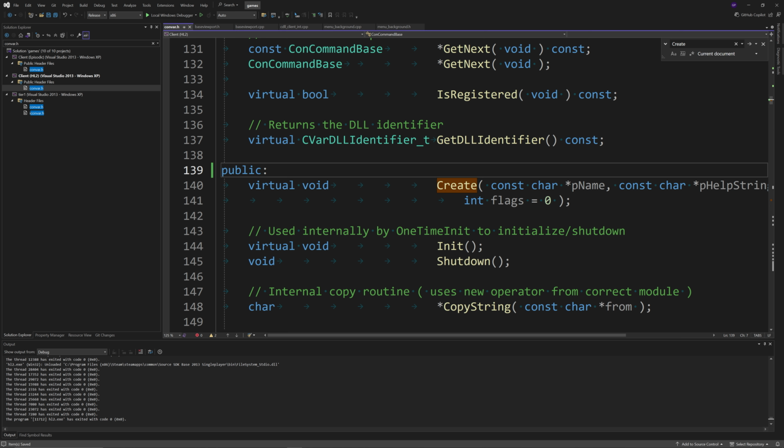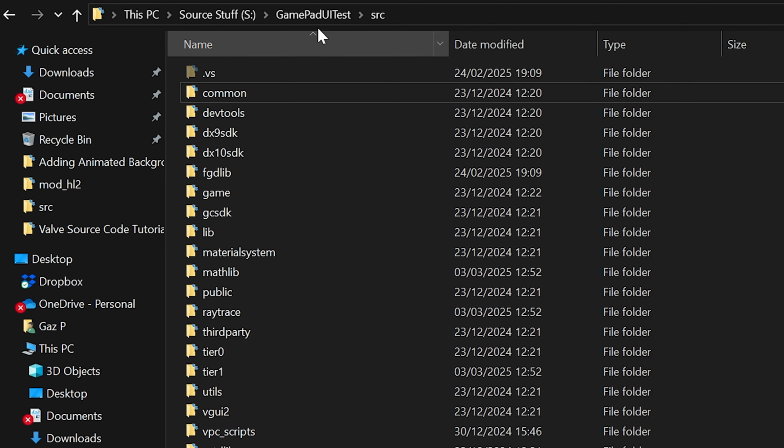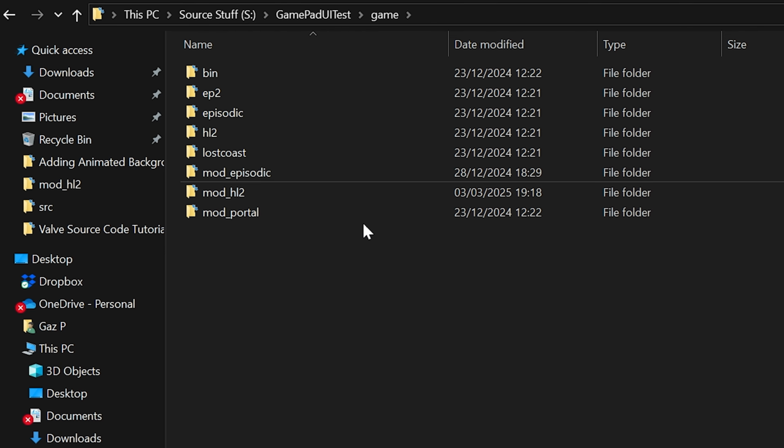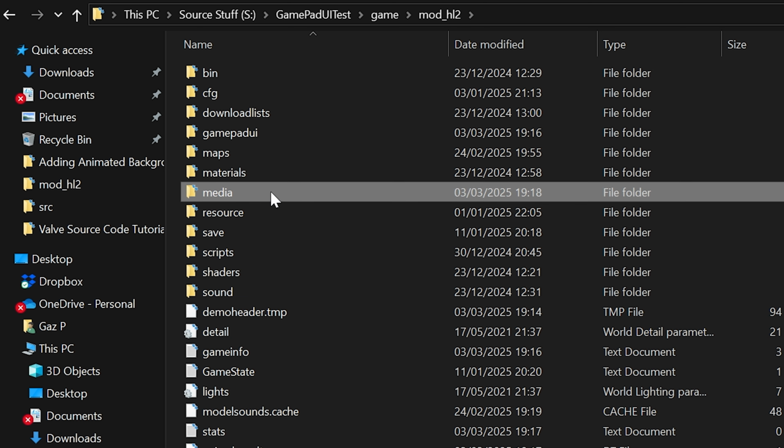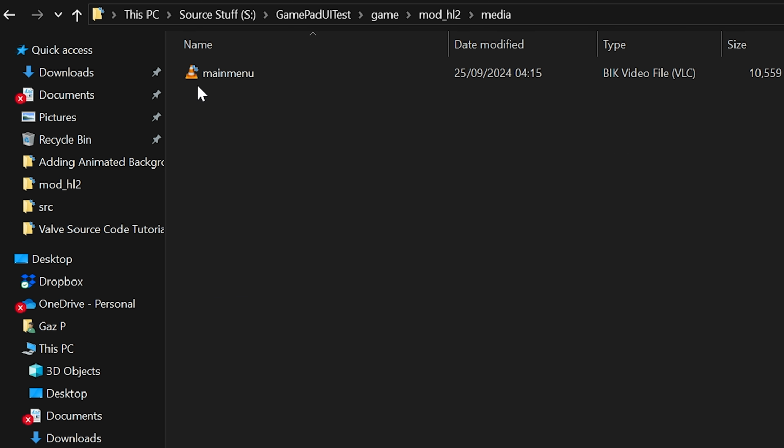But one of the things you're going to need is an actual background video, which is in the .bik video format, and that file needs to be placed inside of your mod's media folder. If it doesn't exist, then create it. For the purposes of this video, I'm going to be using some of the videos from Portal 2 just for